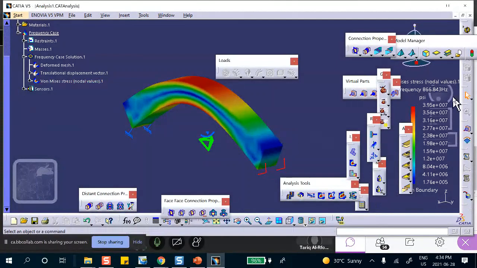So let's go ahead and move this and do this problem with a different type of element. Now, please notice that this gave me a first frequency of 866 hertz. I can't bet on this. I'm not going to bet any money on that, because in order to have any confidence in any numbers that you see here, you must do proper mesh convergence studies. But let's keep that in mind, 866, because I want to repeat the same problem for you using beam elements. Are there any questions about this problem before we do it differently?